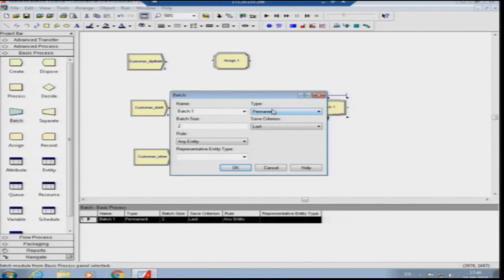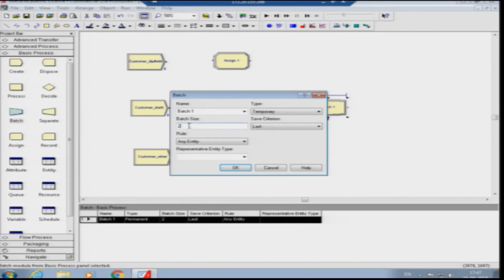Now the permanent batching is used normally where assembly operation is done, because once assembly operation has been made, you do not require to break the batch, because three parts joined together make one particular product. But when you need to transfer the parts to another place, if you make the batch permanent, then you cannot separate the parts again. So when you need only this kind of transfer operation, you need to put this under the category temporary batch.